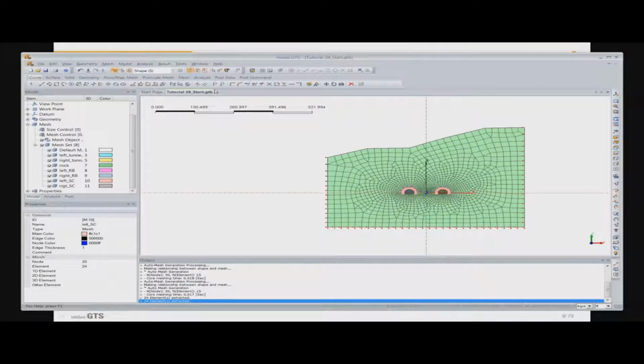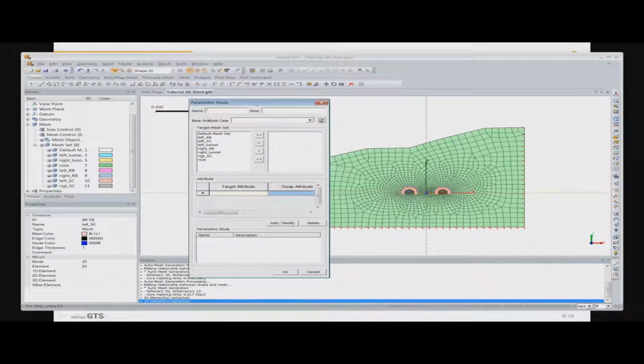Next, we will define the parametric study cases. We go to analysis, parametric study. Here we can give the name to be k equals 1.0. The base analysis case will be the one we already defined, k equals 0.5. Here, as the k-naught value is assigned to the rock and the left and right tunnels, we will check them up and put them here. In this parametric study, we assign different k-naught values. We want the target to be k-naught